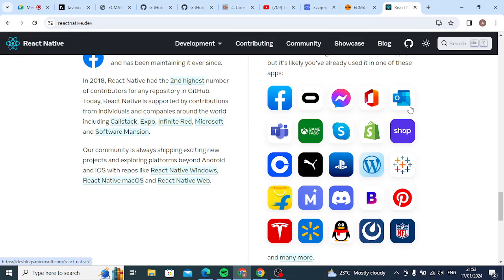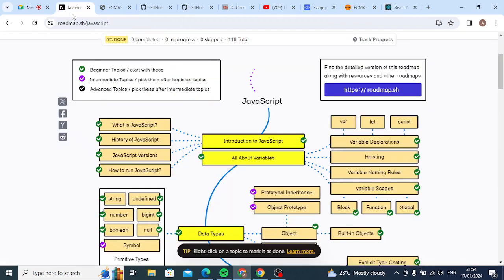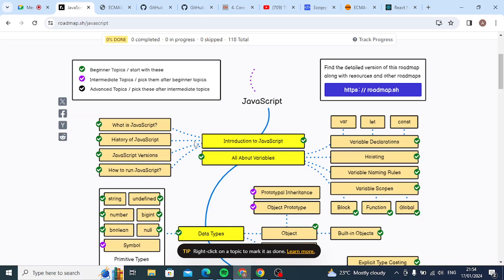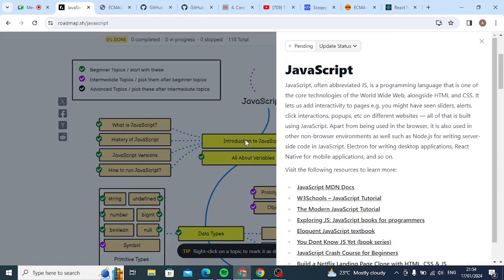Now, what we have to understand from this is that JavaScript is omnipresent. It can be found everywhere. It is there in almost every kind of application that we can find. We said it started with web application. It can also be used outside a browser, which is like Node.js.